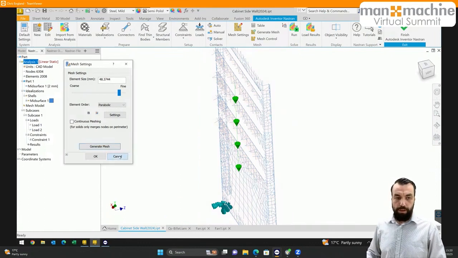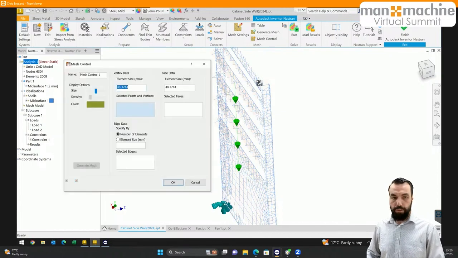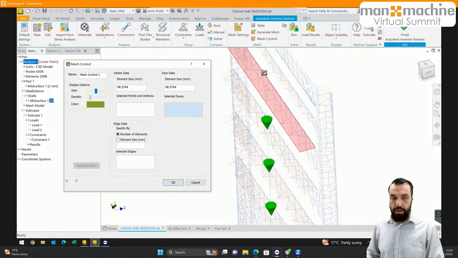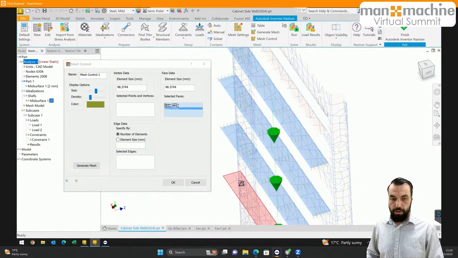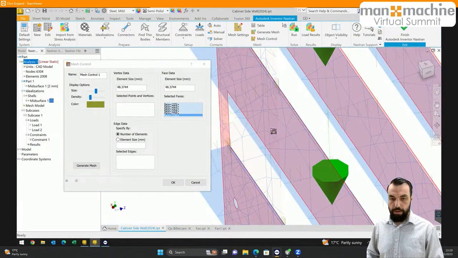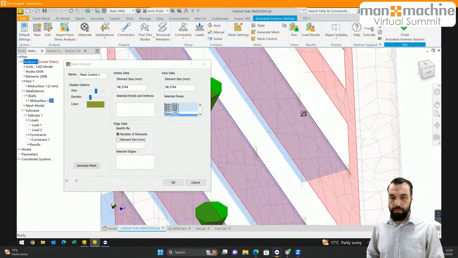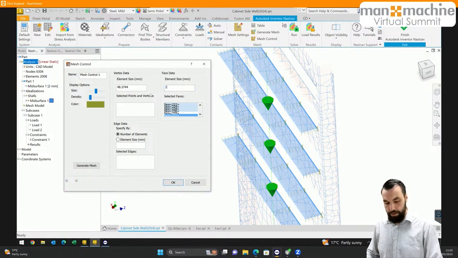I'm just going with the default element size, and what we're going to do is refine the mesh on those shelves. So I'm going to go to my local mesh control. I'm going to choose the face data and just select the faces in question. And what I should be doing is getting the little bends where the sheet's been folded. So if I select all of those faces, we'll just reduce it by roughly half the size,